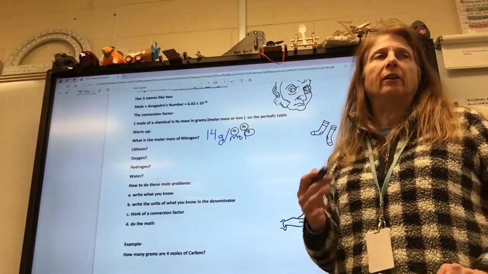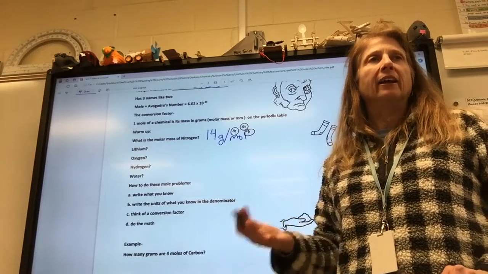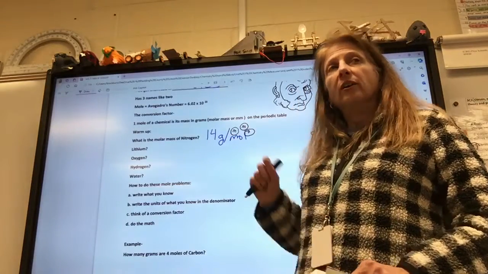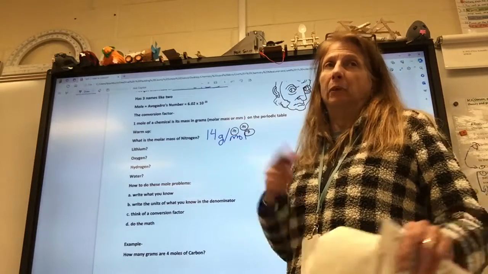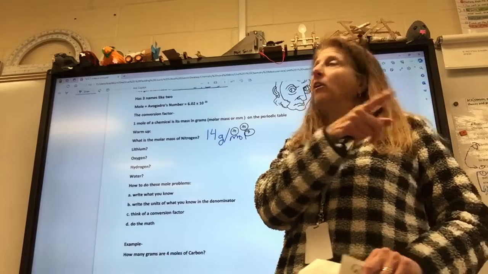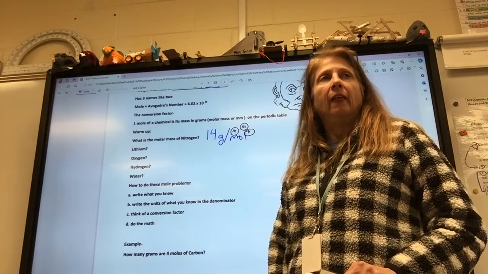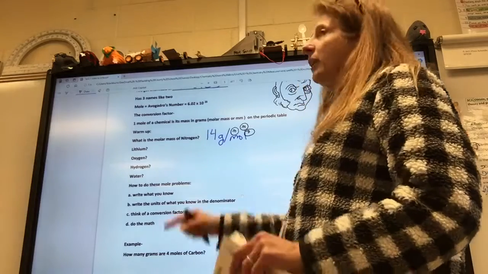So that's how I go buy it. I go weigh it out as 14 grams, because I can't count out millions of atoms. I can't even see them, much less count them. But I have a scale, and I can weigh out 14 grams. Does that make sense to you? Followed it along? Okay, so lithium.